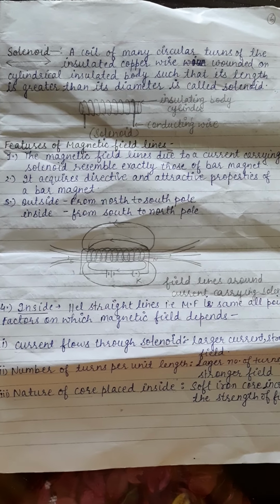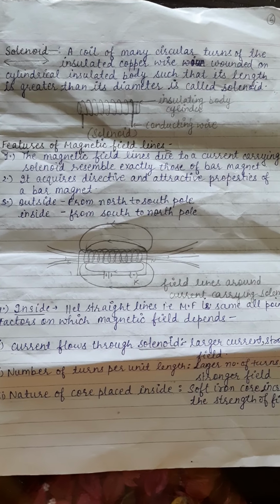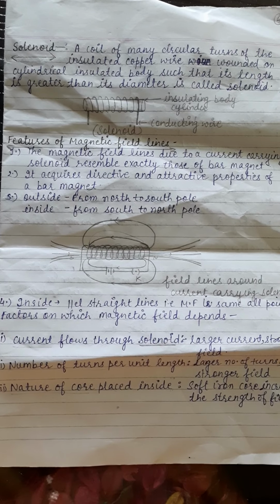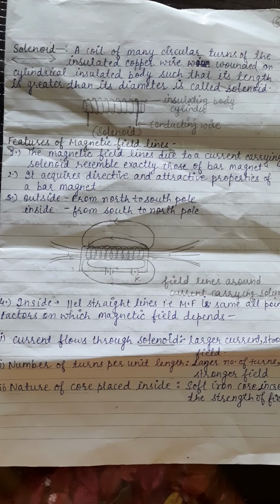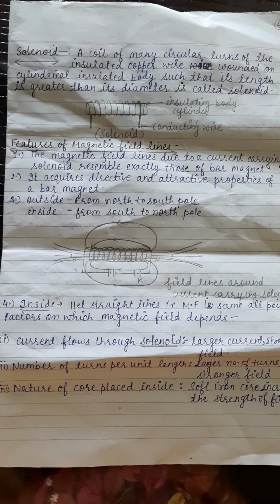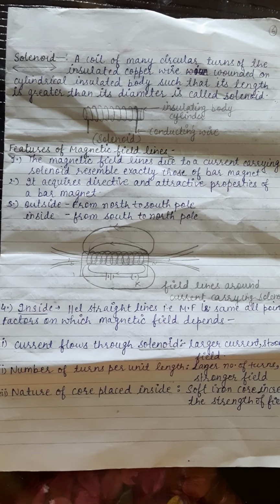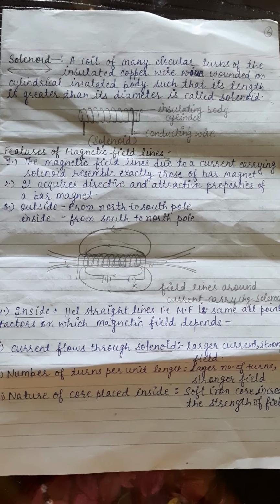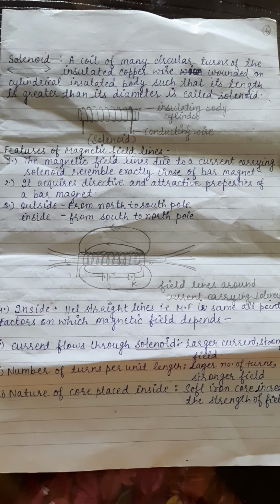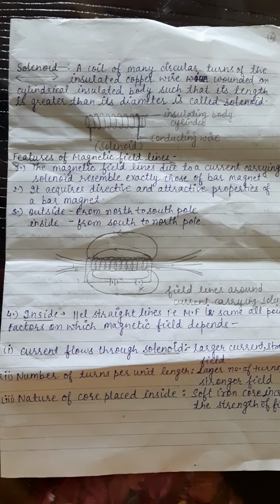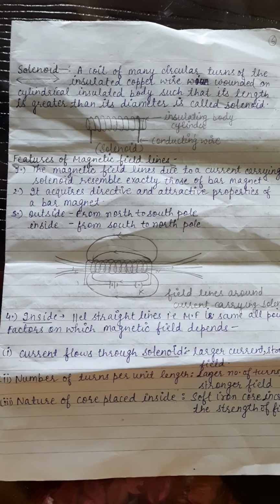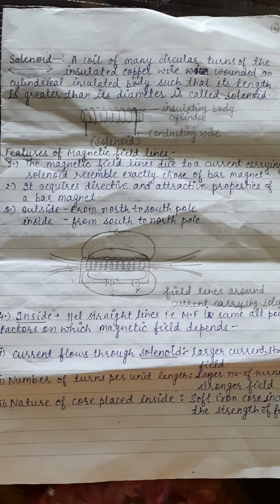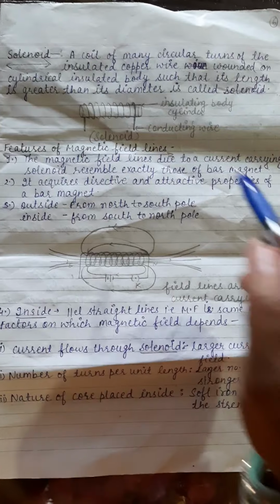As you have remembered in the last video, we have discussed the magnetic field lines due to the straight conductor as well as the circular loop. And we have also found out the direction in these two shapes, that is straight conductor and circular conductor, with the help of the right hand thumb rule. Today we will calculate the magnetic field lines due to a solenoid, and the direction of the magnetic field lines at any point of a solenoid can be detected with the same rule, that is the right hand thumb rule. So let's go to the topic.